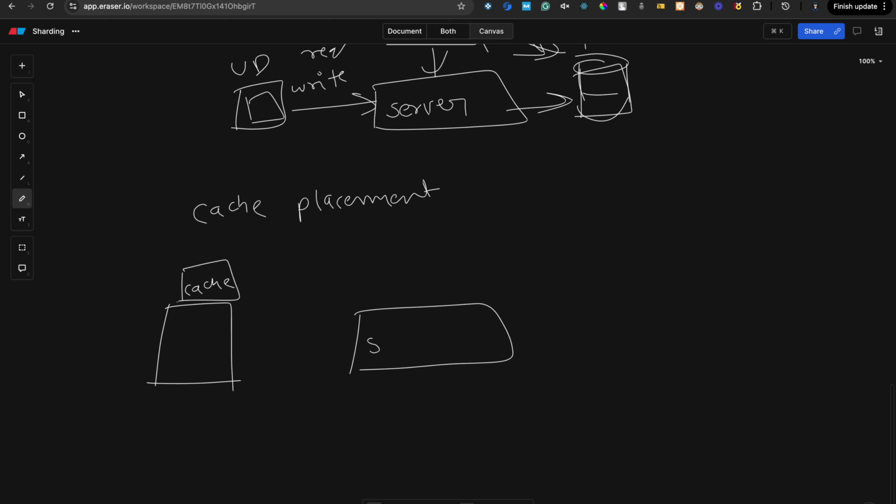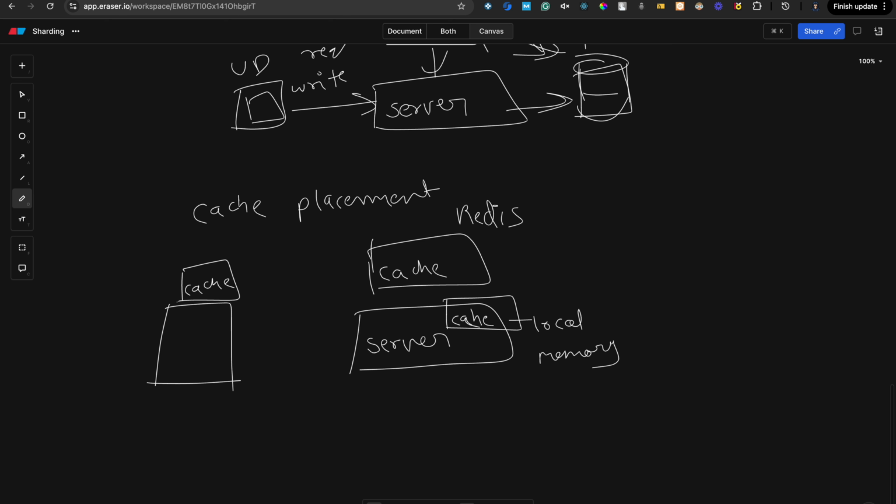Second is the server, where we can have the cache in the server's local memory. Third is using a third-party service like Redis, so we can have a service running on another server, or the same server I would say, and use that as a cache. This is one, two, three, and the fourth is of course the DB cache.